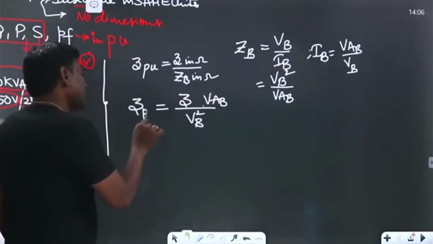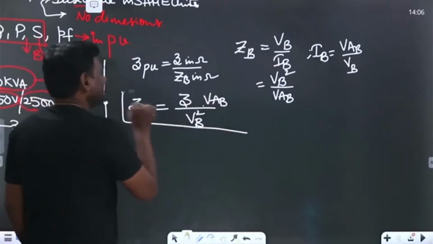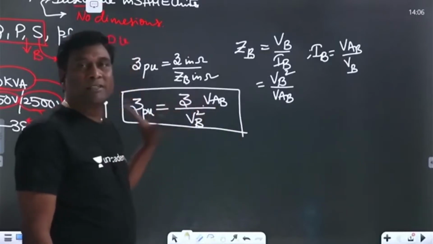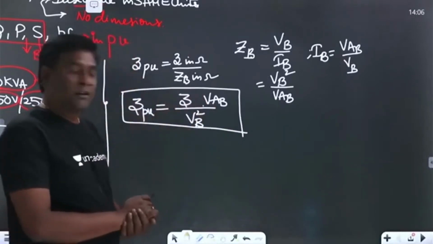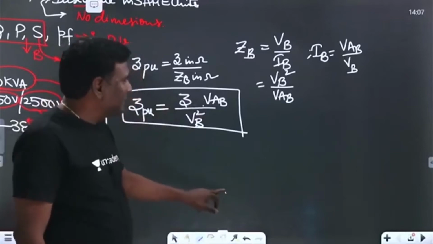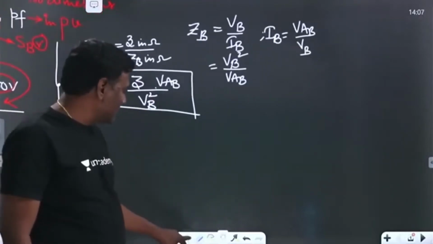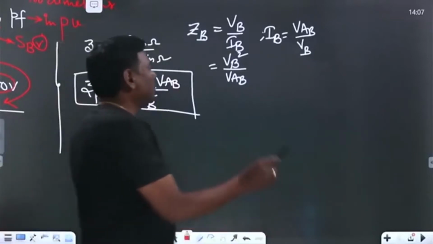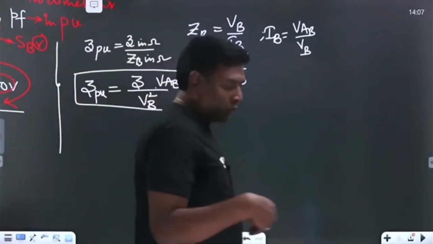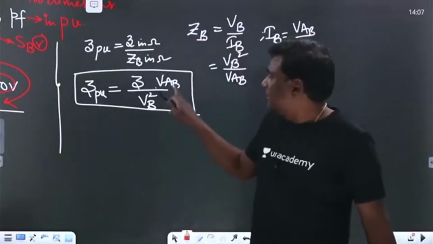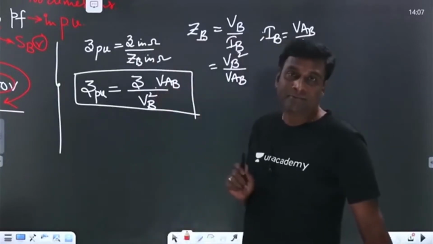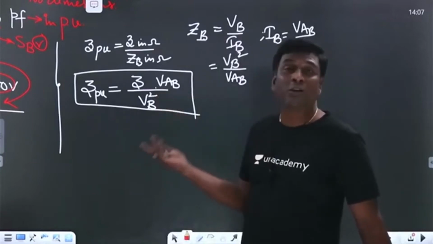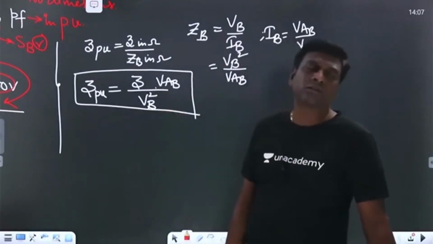This particular formula you should remember, such that it will be handy all the time. Now Z into VA base by V base square is going to be Z per unit. In power systems, sometimes, of course, in machines, that particular formula is not that much required, but in power systems, regularly this will come. Now, if I have Z per unit old, maybe VA base may be changed. With respect to that, base values can be changed, or base values of voltages can be changed. That will happen in power systems preferably.